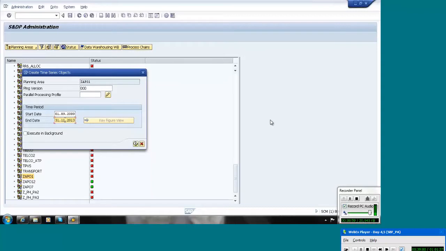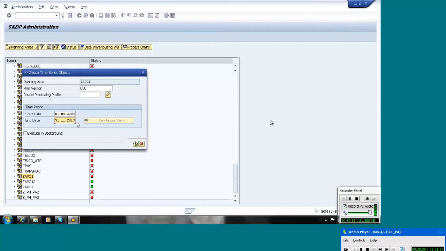If some companies want to refer to 3 years of history data and generate only for 1.5 years, then the start date we need to take is 36 months back and the end date is after the 18th month. Like that, however the company follows its forecast process, we need to enter the dates here. In our example, we are referring to 2 years of history and doing the statistical forecast for the next 2 years, so we are taking 2 years in the past and 2 years in the future.